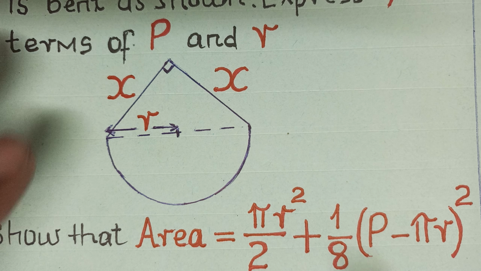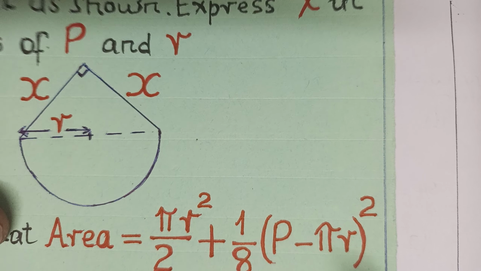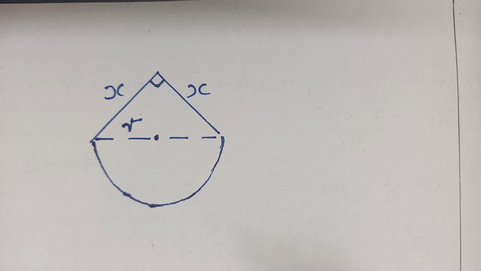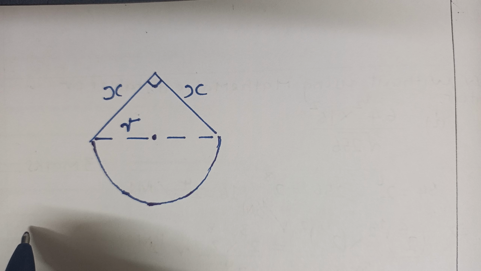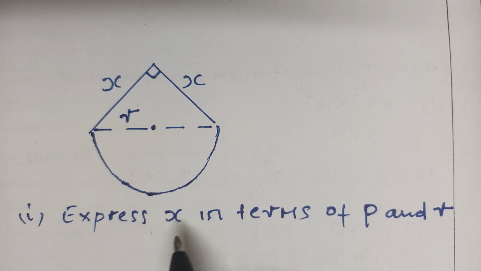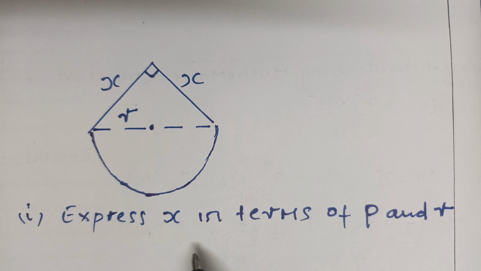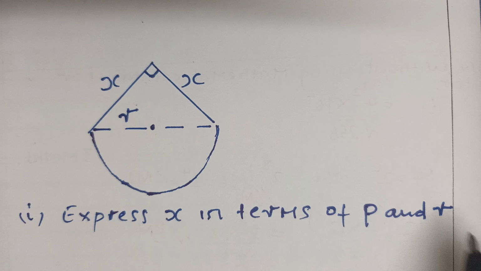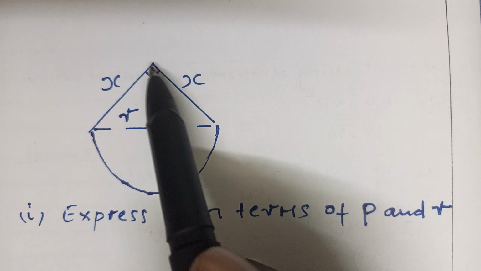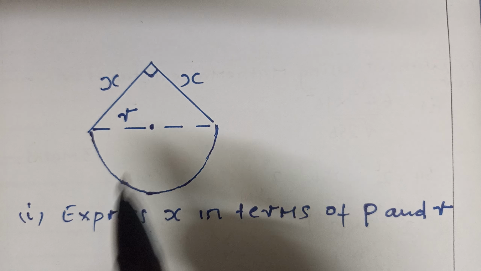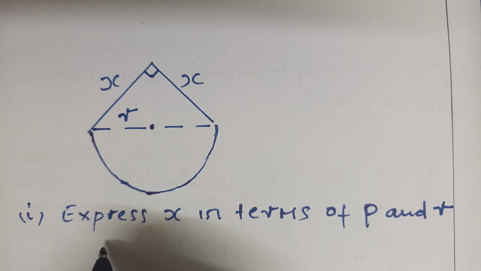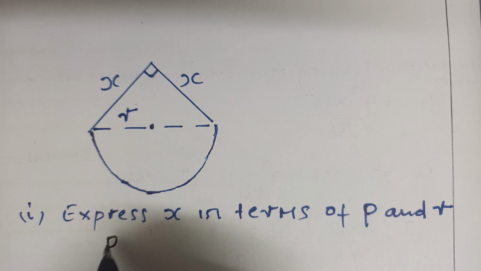And so now we start to do the question. First we are expressing x in terms of p and r. And we are told that the length of that string is supposed to be p. And so therefore we shall have p is equal to